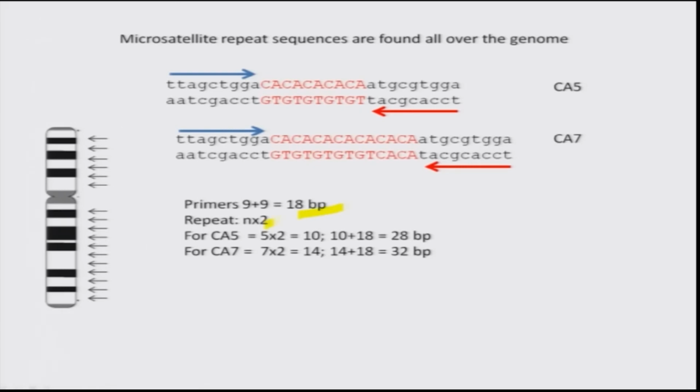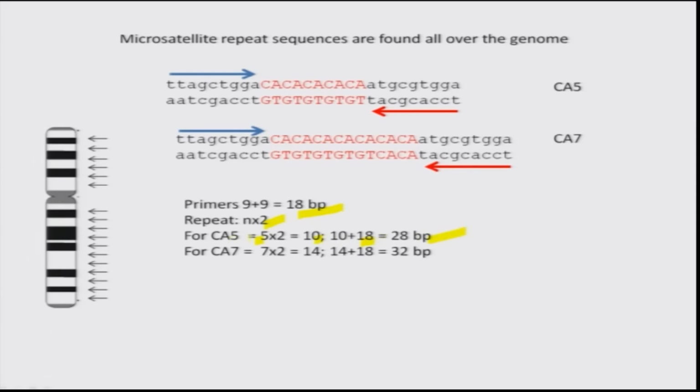And then the repeats are dinucleotide repeats. You have a 2 nucleotide unit that is repeating, CA, CA and so on. So, how many times it is repeated would tell you the length. For example, if you have 5 repeats, then it is going to be 10. If you add 10 plus 18, which is the sequence of the primers,